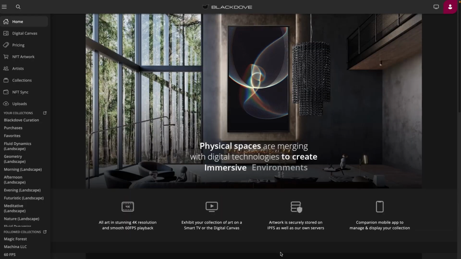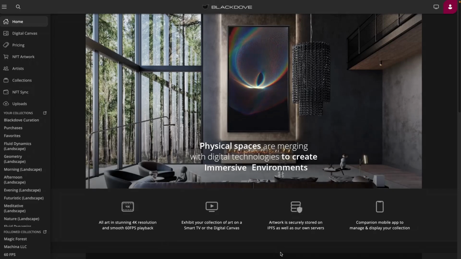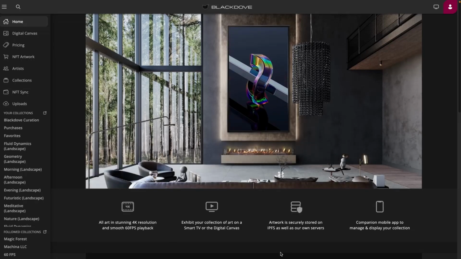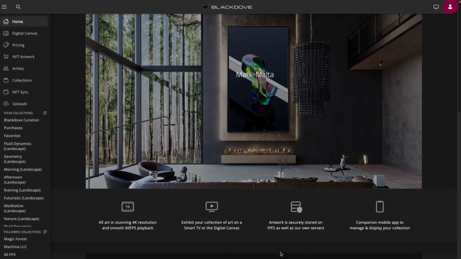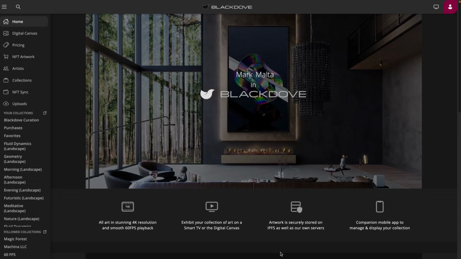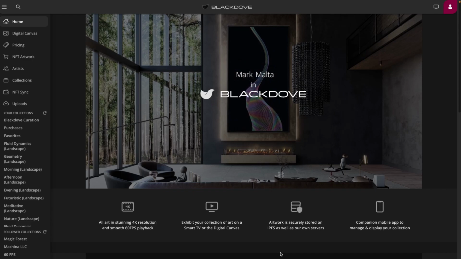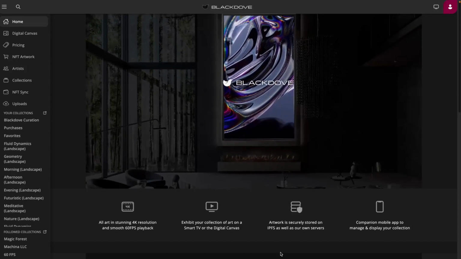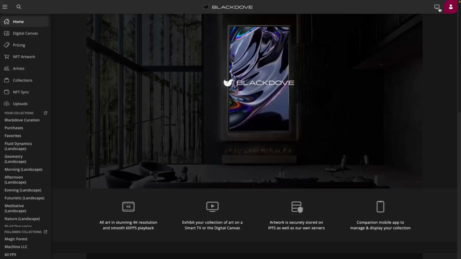Today we're going to be talking about matching content. What we mean by matching content is, let's say you're following or you've created a collection that has both portrait and landscape artwork within it, and you may only have a portrait orientated canvas or television, or a landscape orientated canvas or television. So when you click the collection to play, by clicking matching content that I'm going to show you right now